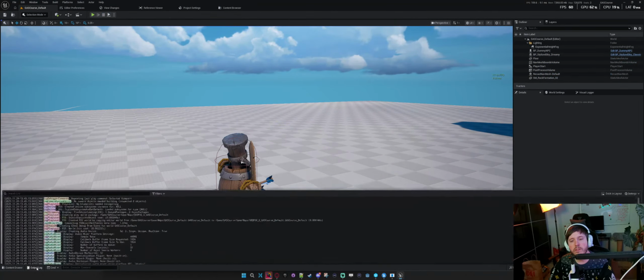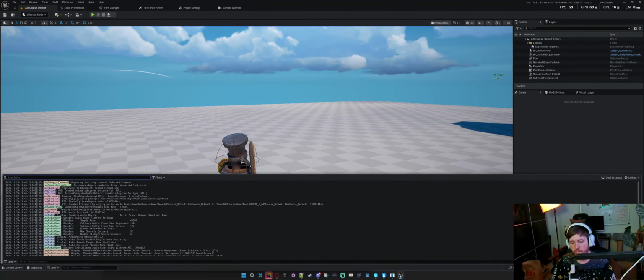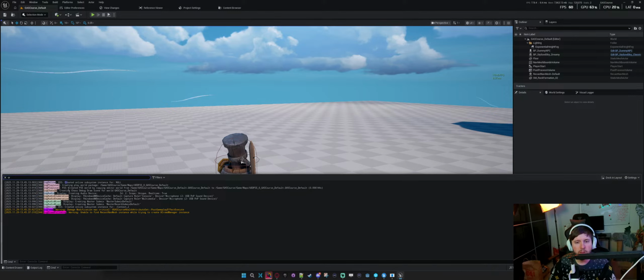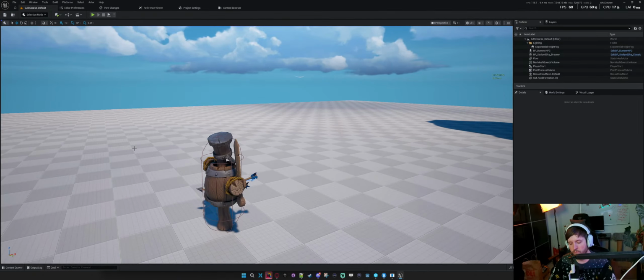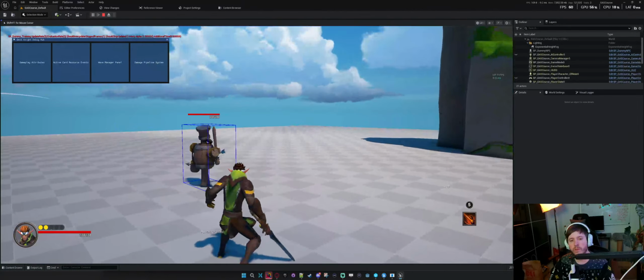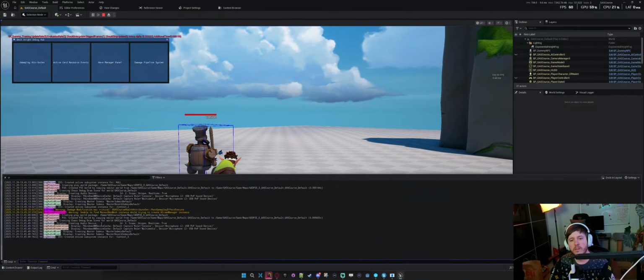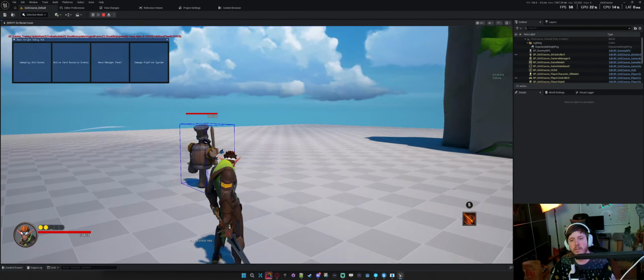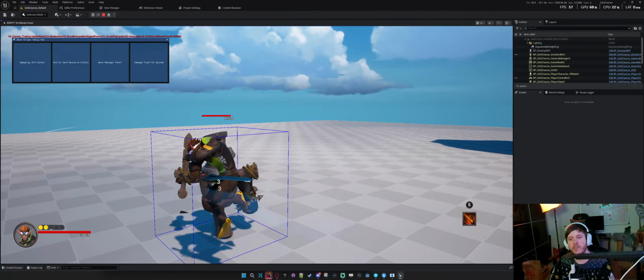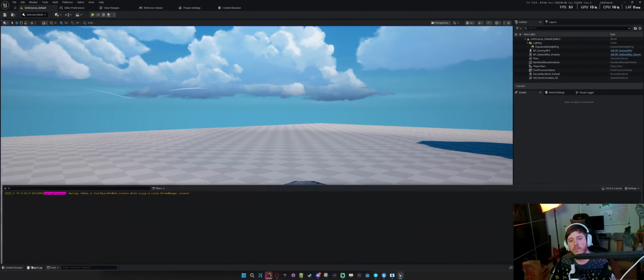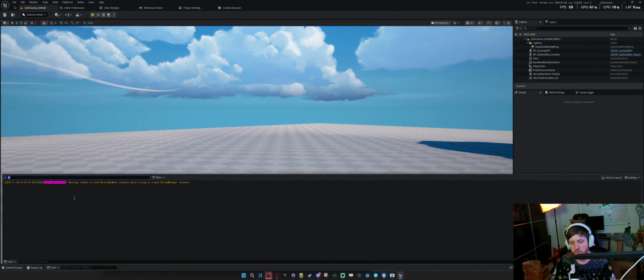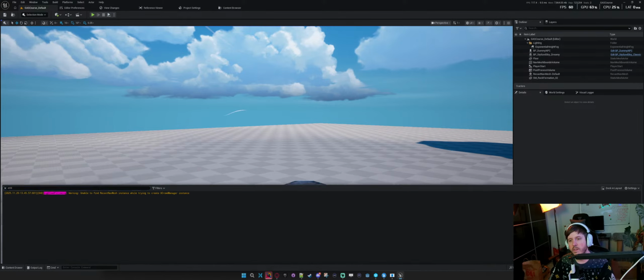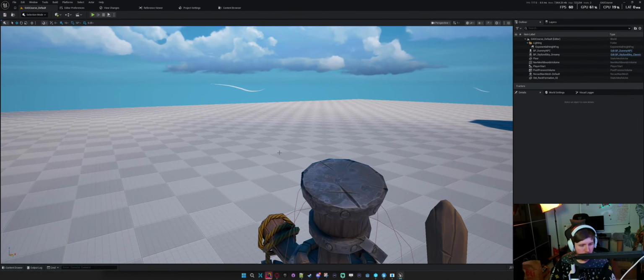So let's see. Damage modification was critical. So that passed in correctly. Let's hit him again a couple times. Okay. Do we have anything about critical? No. Great. So that all passes.